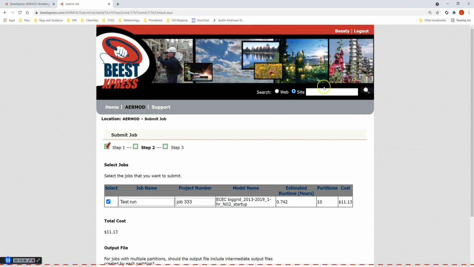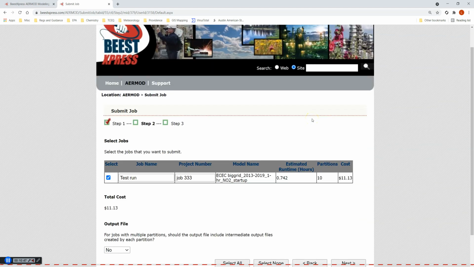All right, so the next screen is actually going to give me an estimate. All right, this is not going to take very long at all. This particular job we're estimating is going to take less than an hour altogether if I did everything in one big run. But I've actually split it into 10 individual partitions, so each one of them should be pretty quick here. And then the total cost estimate we have for this set of runs is